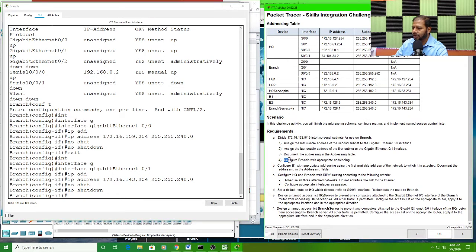So configure branch with appropriate addressing, I'm done with that. At this point I have 8 points. Fine. Now configure B1 with appropriate addressing using the first available address of the network to which it is attached. So B1 is attached to which interface? I need to check that. Look at this, gigabit